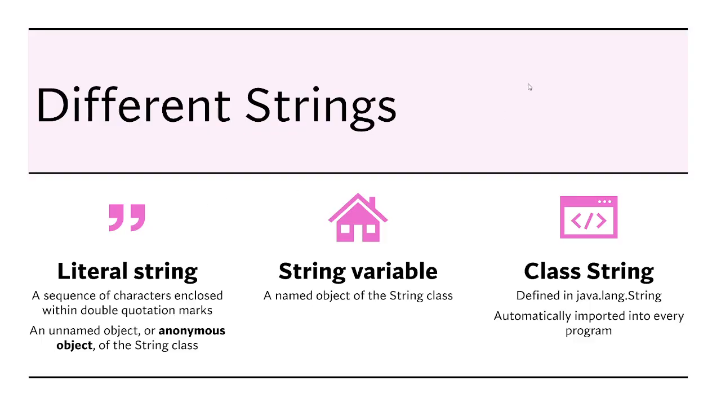Just so you know, there's different strings we talk about. There's the literal string, which is just anything enclosed in double quotation marks. There's a string variable. That's when you create a named memory location that is an object of the string class. And then there's the class string, that's the blueprint, that's automatically imported in every program. As we'll discuss later, string builder and string buffer are also imported into every program and are useful operations for